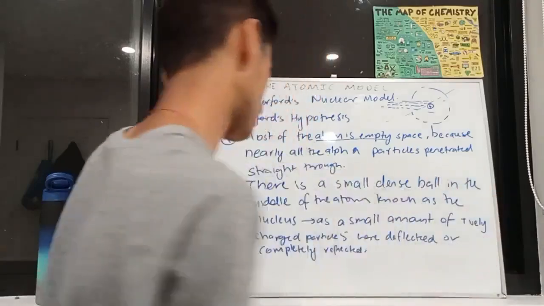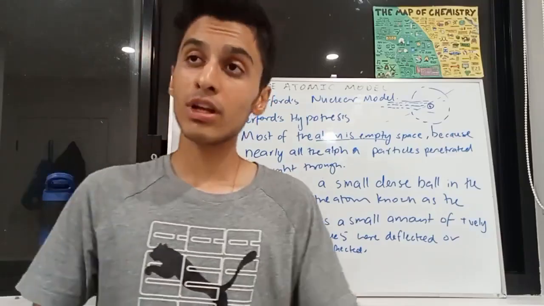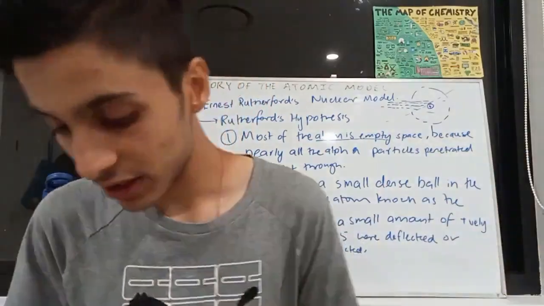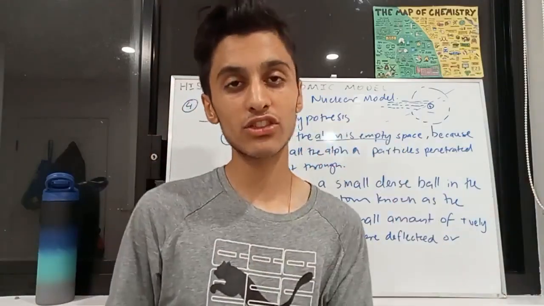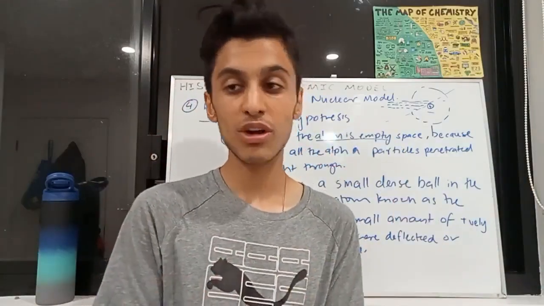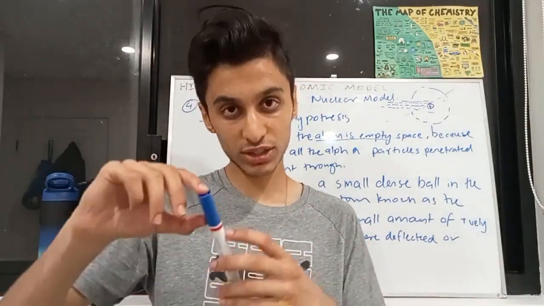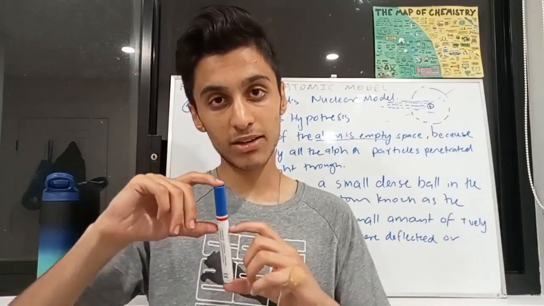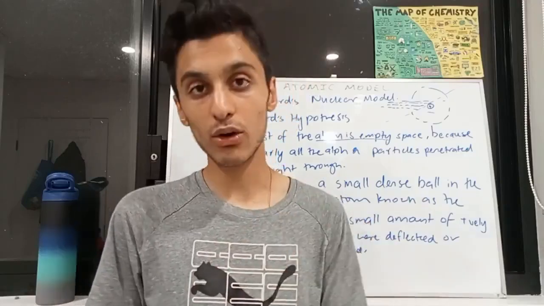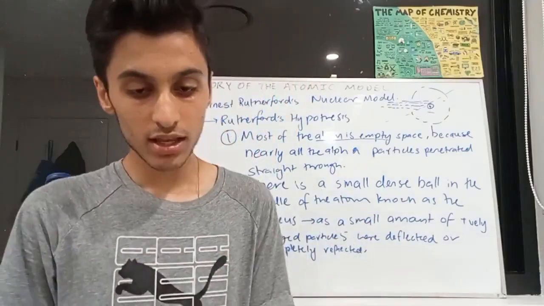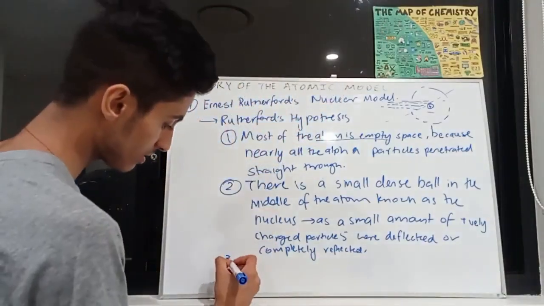Okay. Now, from JJ Thomson's model, we know that if there's positive charge, there also must be negative charge, because that's what makes an atom neutral. For something to be neutral, it has to have the same amount of positive charge as negative charge. Otherwise, it's not, and that's what we call an ion. But we'll look at that later on. So what his third point was,